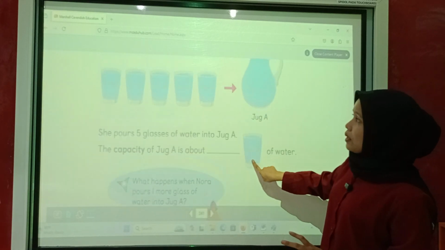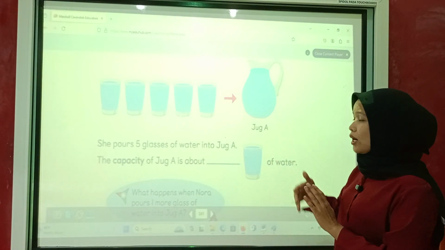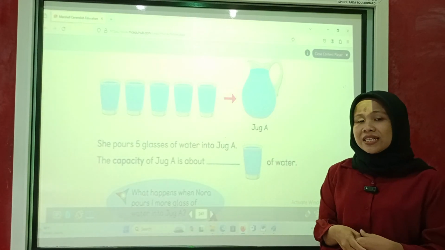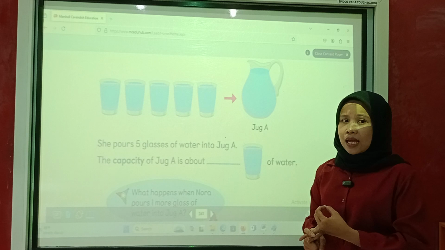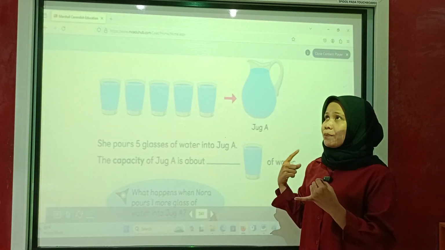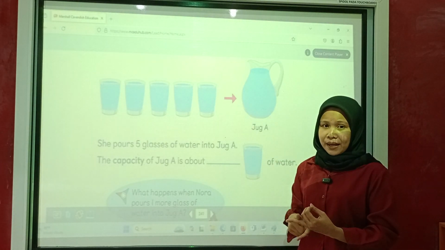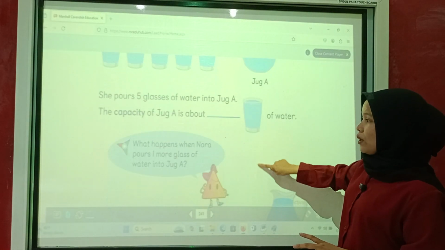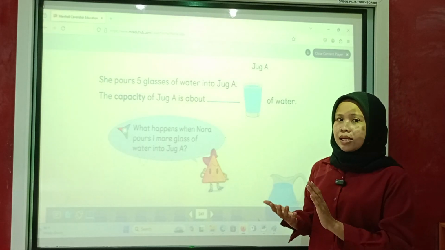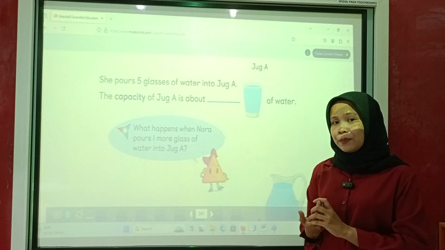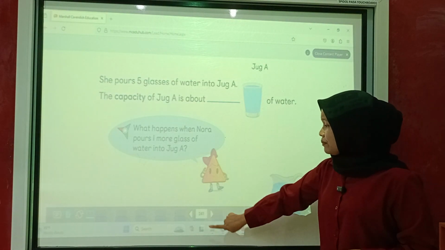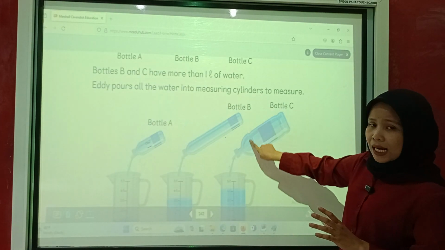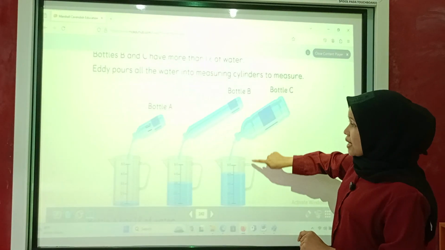And then, as I say, I will provide proofs by using a glass, jug, or measuring cup that has milliliter and liter, so the students can understand liter and milliliter. About mass, they understand kilogram and gram, but here they will understand liter and milliliter. So I will explain 1 liter is the same as 1,000 milliliter and something like that. And then I will fill the bottle with water like this.